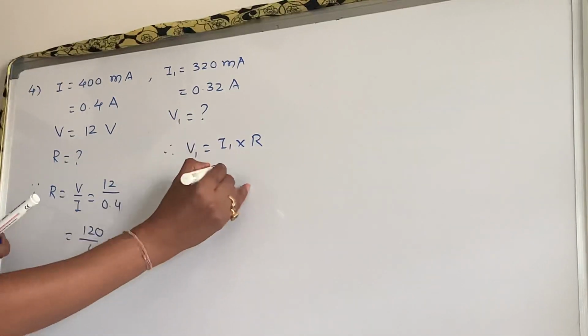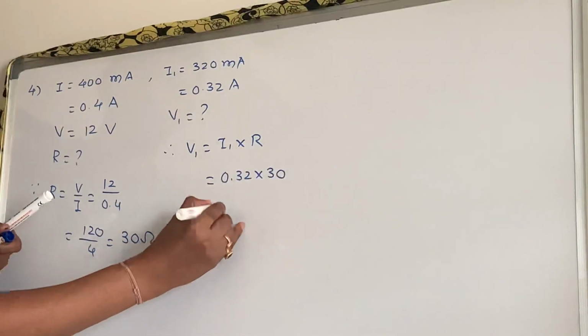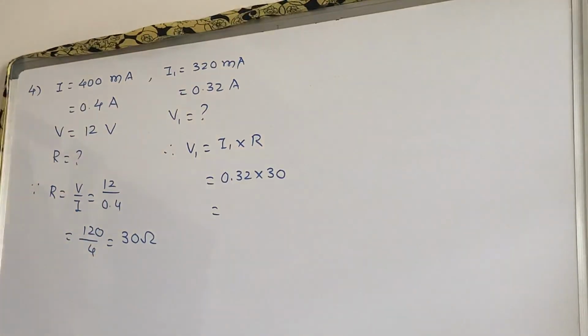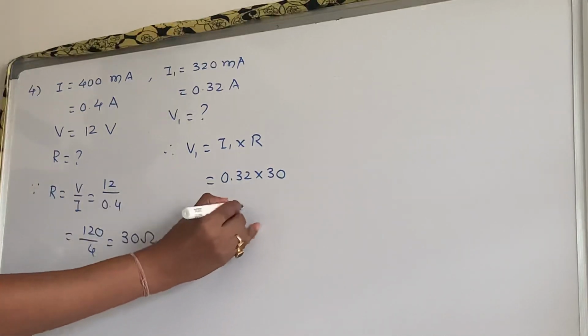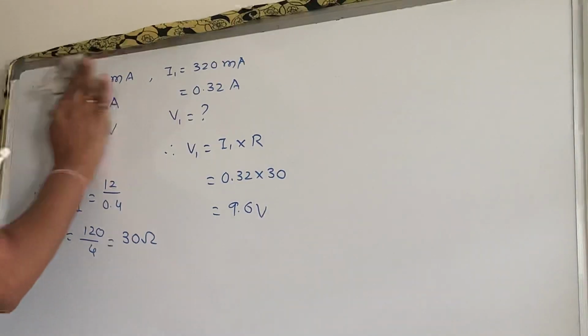I1 is how much? 0.32 into R will be 30. That comes out to be 9.6 volt is the potential difference. This is 4. Now check the fifth question. Question number 5 says,